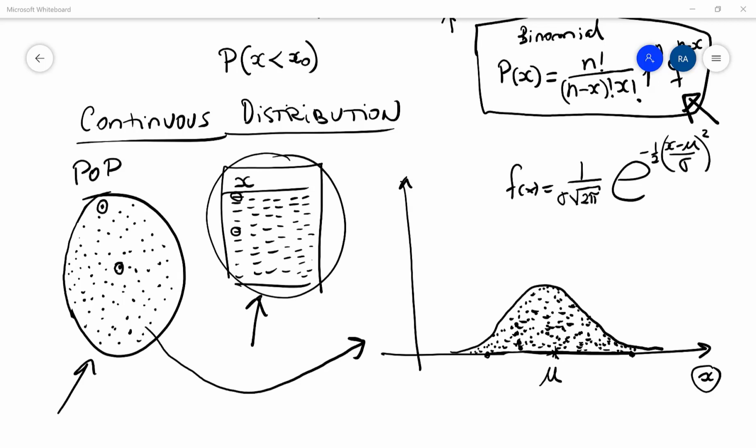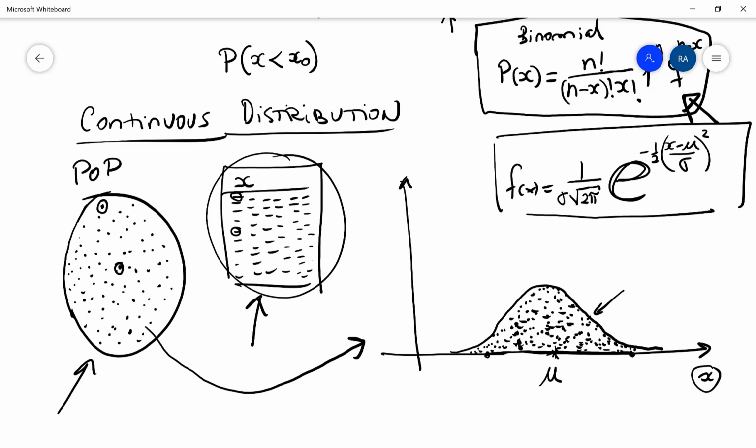Mathematicians found that the equation of this curve is given by this formula, where e is 2.71828, pi is 3.1415, mu is the mean of the population, and sigma is the standard deviation of the population, that in this graph could be approximately this quantity. Three standard deviations to the left and three standard deviations to the right must reach these two points. Between these two points we have approximately